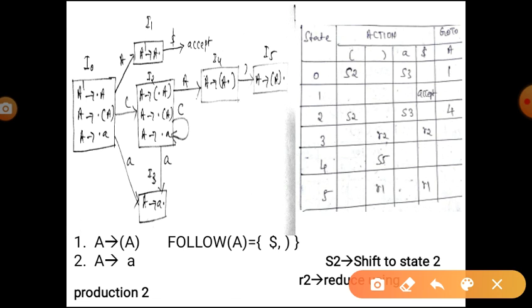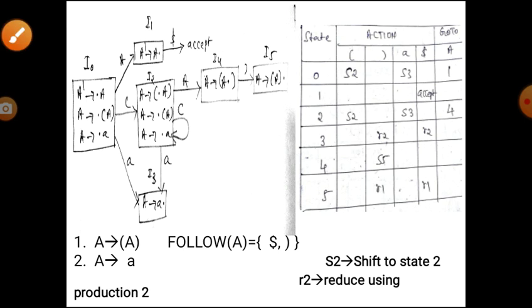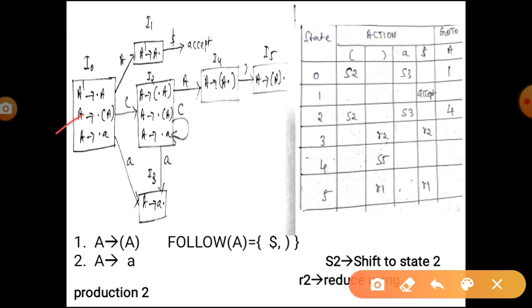For simplification of the explanation, I'm going to make use of this automaton. Otherwise, you can make use of that problem solution. Let me explain how we have got this S2. You see the state 0. In state 0, there are 3 transitions. If there is a transition for terminals,